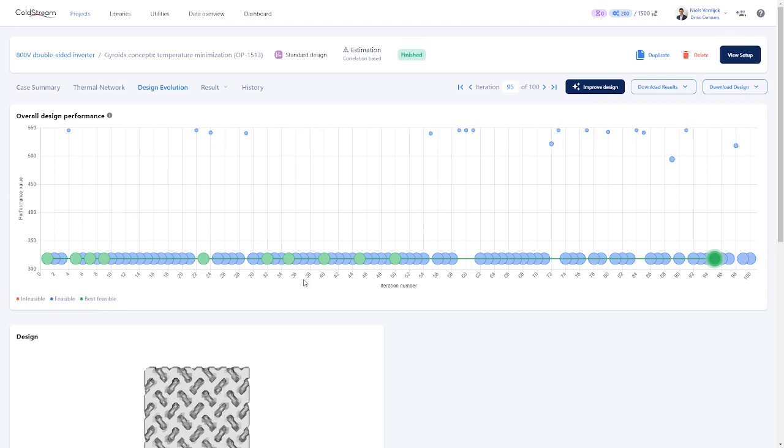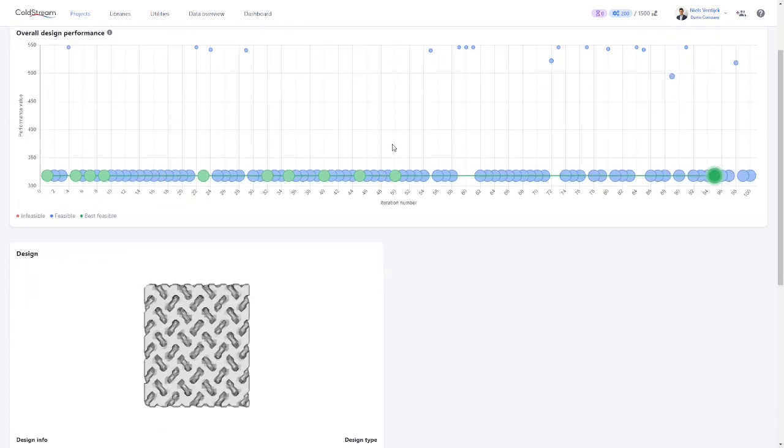So you have to look at the overall design performance graph as a timeline. CoSim, when it made the first iteration available, only knows that iteration. It was feasible, hence it's a green design, because it's the only design that it can compare to. The second design is slightly worse, hence it's blue, but it's still feasible. And then anytime it improved on the previous green design, it made that design green. So the last green dot, this one, the 95th design, is the best design out of all the attempts that